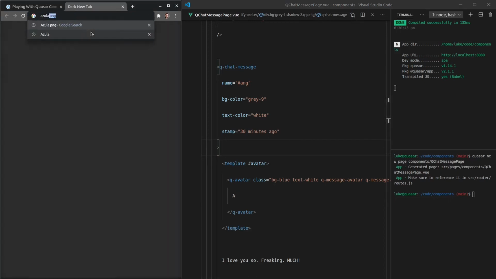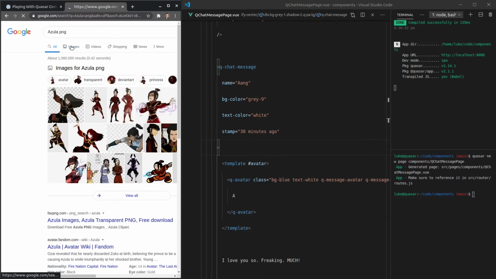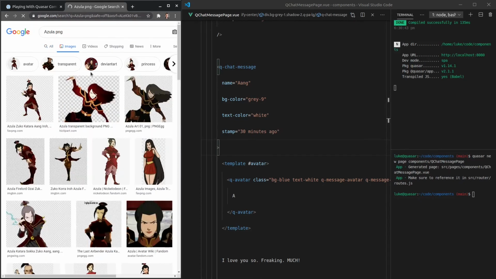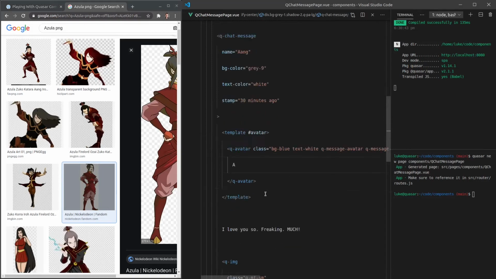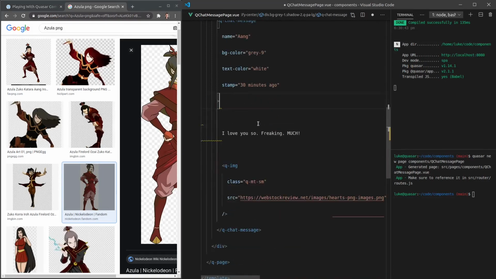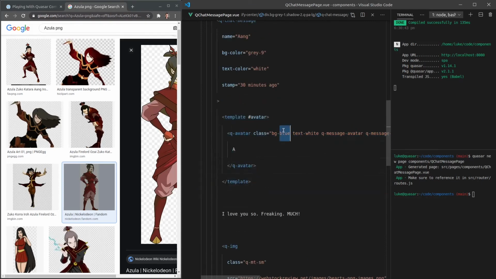If we look for Azula PNG, and of course Azula is the baddie. If we come to images over here, we can find a picture of her, maybe that one. There we go. Copy the image address. And I might get rid of that. Actually, no, let's bring it back in because I want to be able to set the background to red here. Yeah, that'll be good. And then we can say